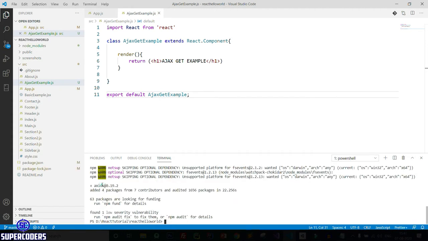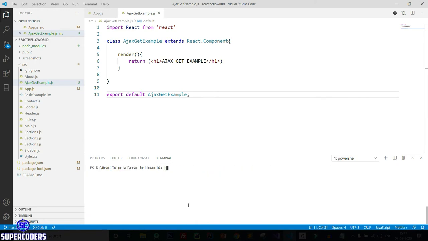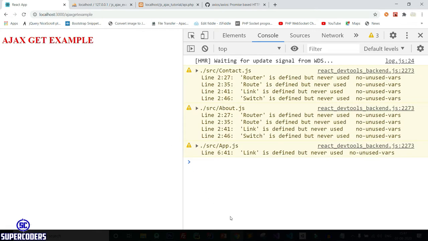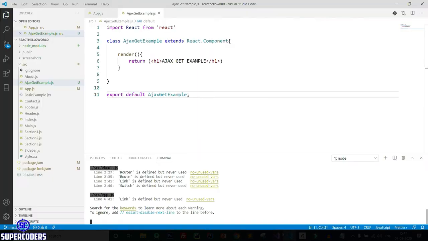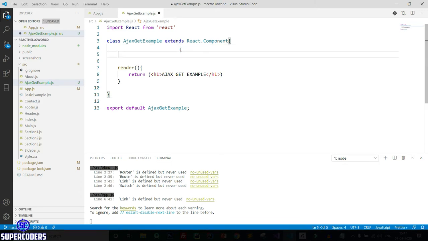Now you can see it's installed in our project. Again clear the console, then npm start. So our server has started. Close this and refresh this. So my project is running. Now let's do the main step, which is showing data in our page. So first let's see how you can show data when our page is ready, meaning when the React.js app is ready, then instantly we need to show data in our page. Now let's see how you can do this in React.js.